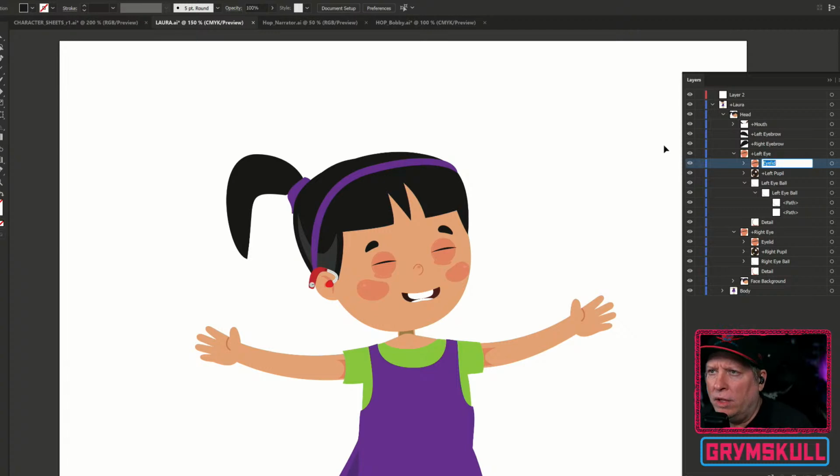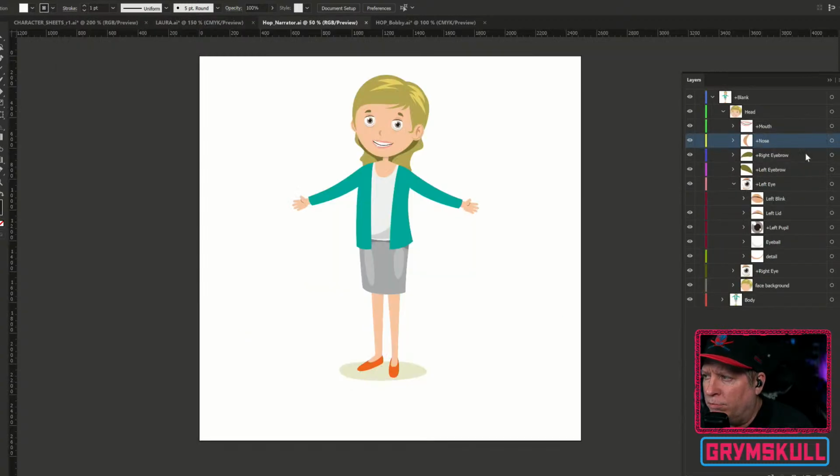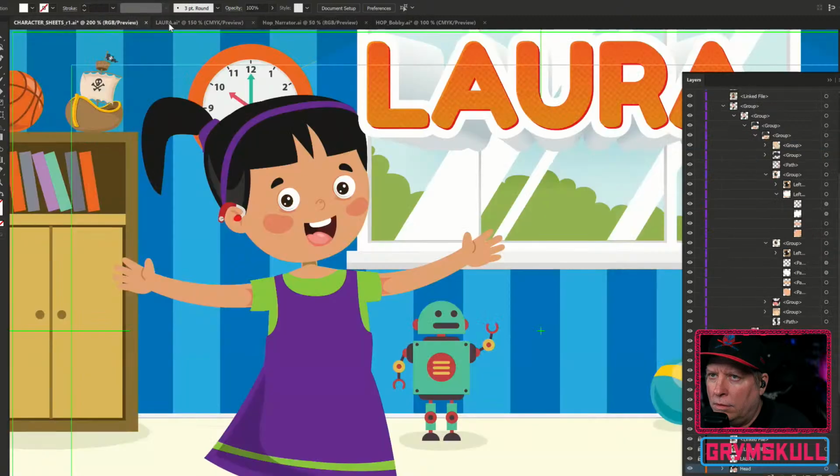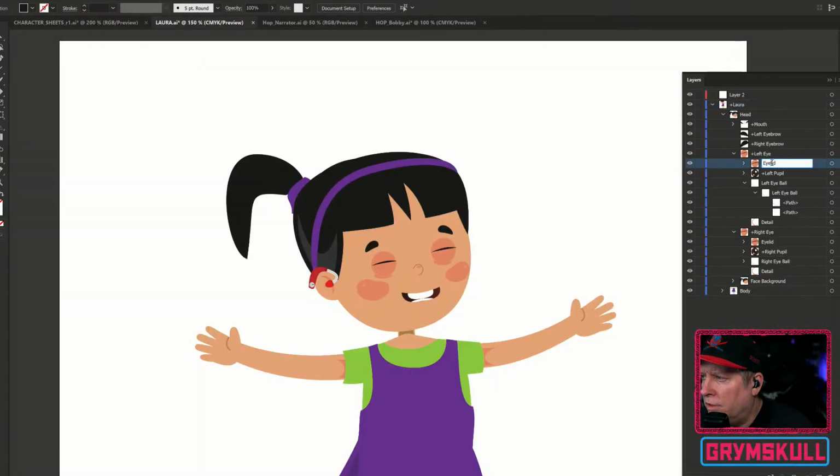Let's see. What I believe we need to call this is blink. Left blink. We're going to call this not eyelid, but left blink. And this is right blink.